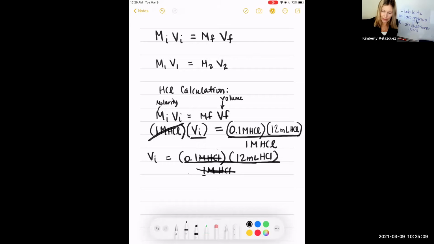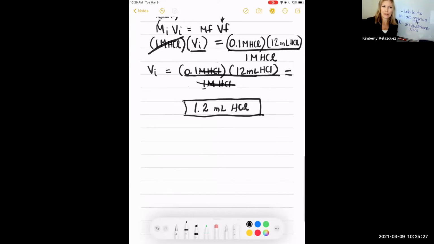So now it just becomes math. It's 0.1 times 12. So that's going to equal 1.2 milliliters of hydrochloric acid. That's how much I need to add to start to make my solution. But let's think about this. It's saying that I need to add 1.2 milliliters of my 1 molar hydrochloric acid